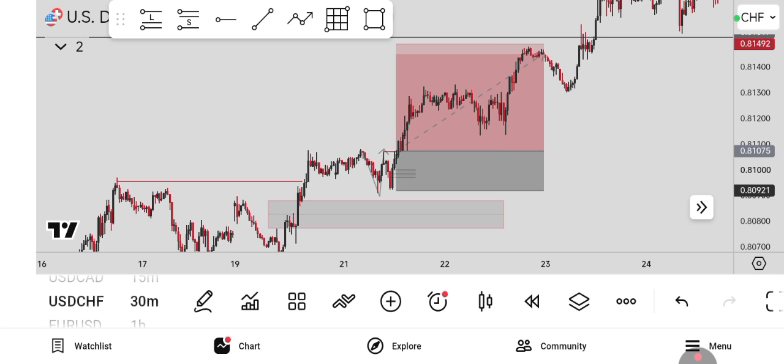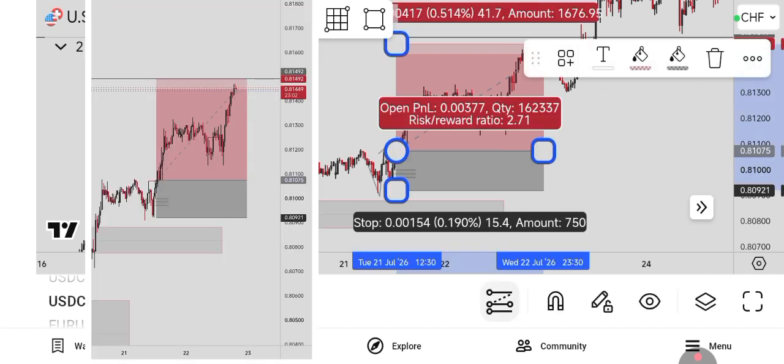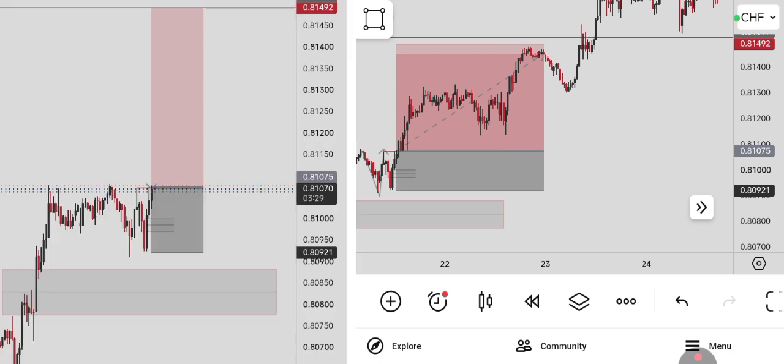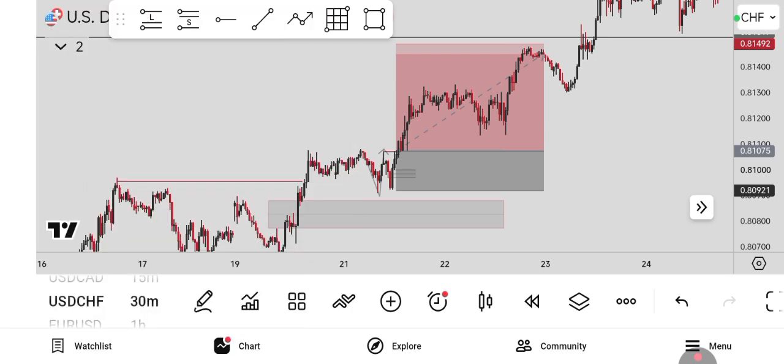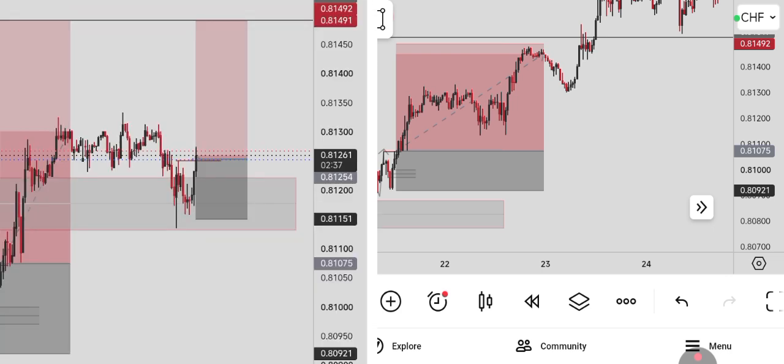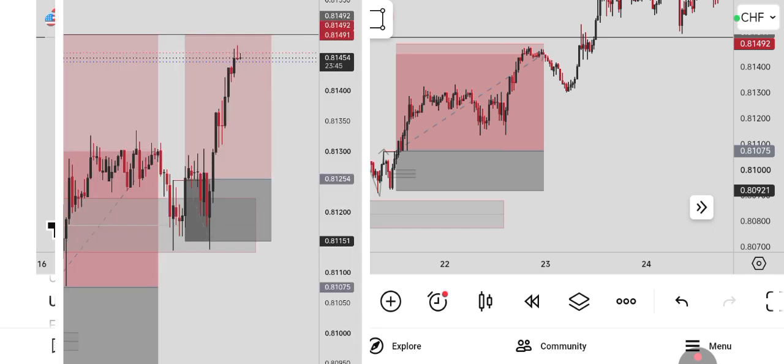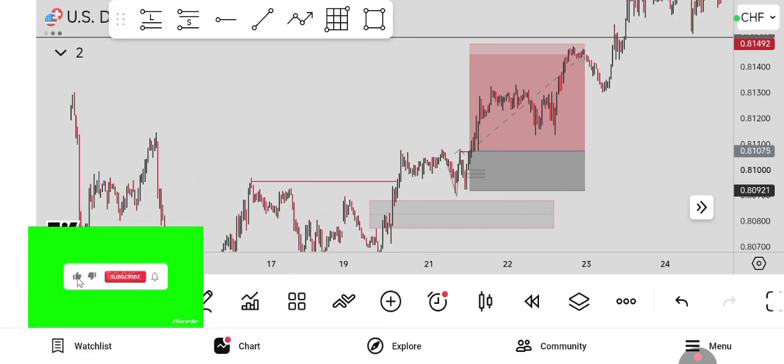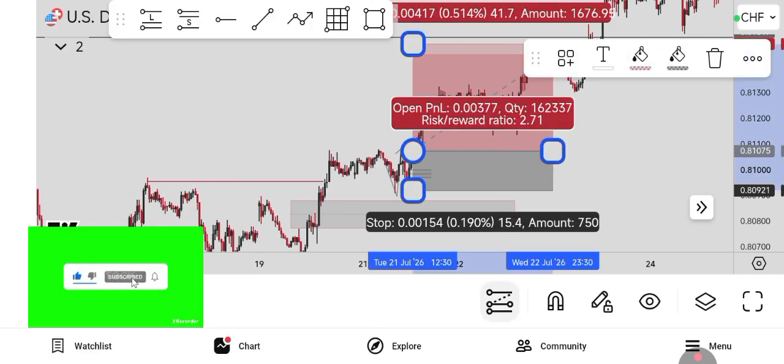This is after the trade of this one and before the trade, and this is the re-entry, before the trade and after the trade. So I lost one and I won one. That was